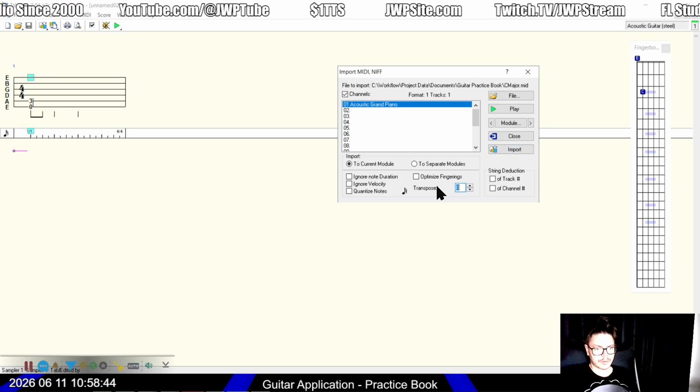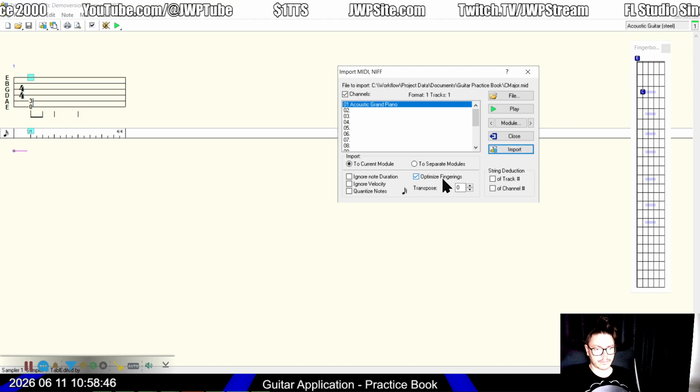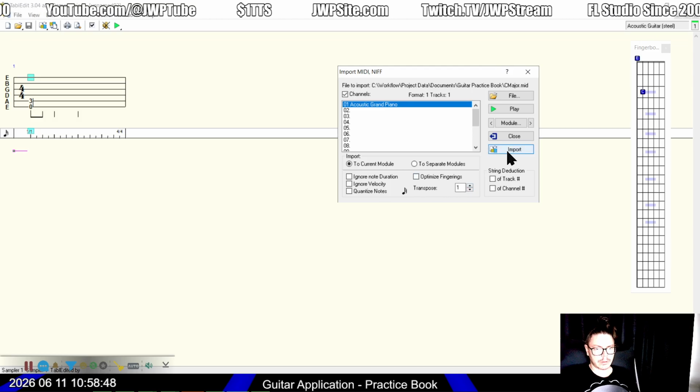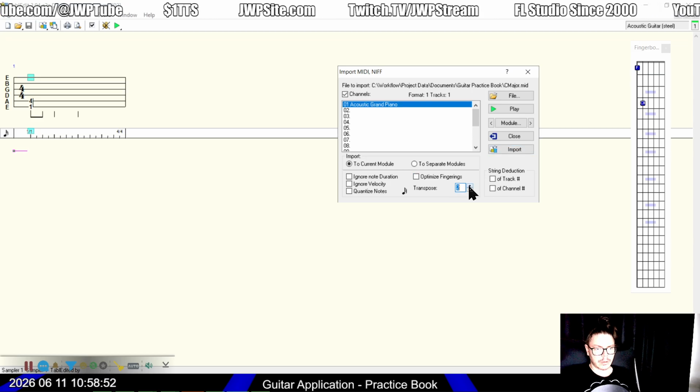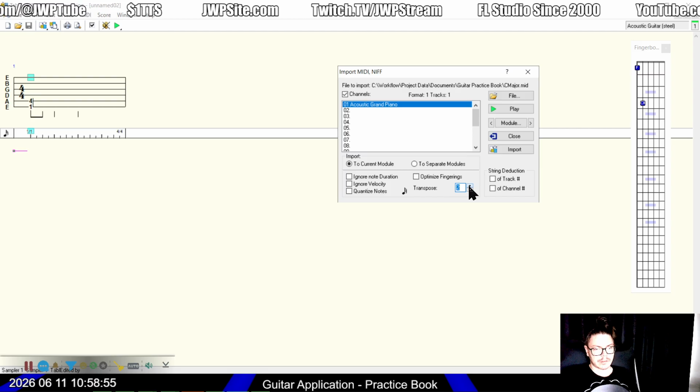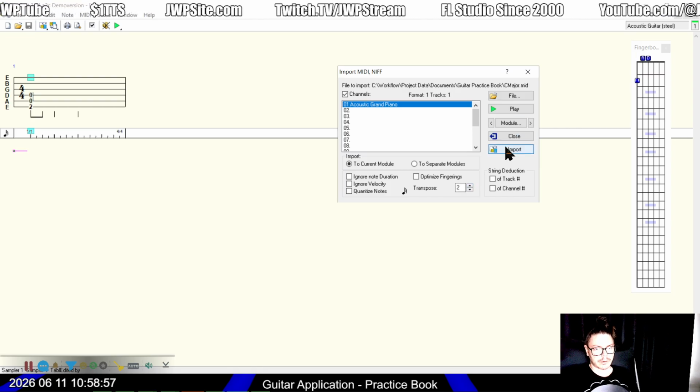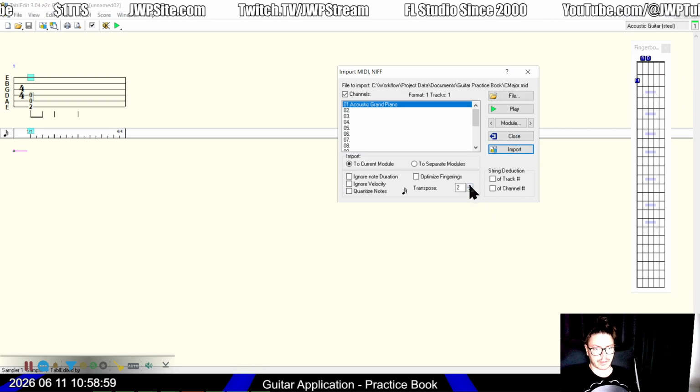What does optimize fingering do for me? Nothing. Okay, so let's bring it up 1. So it's like the 2nd position. If I'm transposing, it's not C anymore, is it? Just notice that. Yeah, because it comes in F sharp. Okay, so